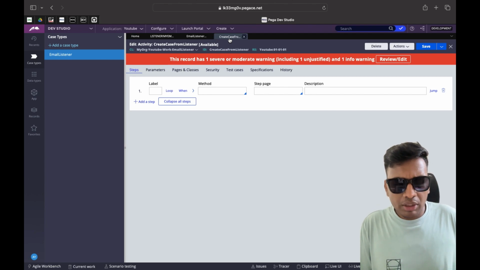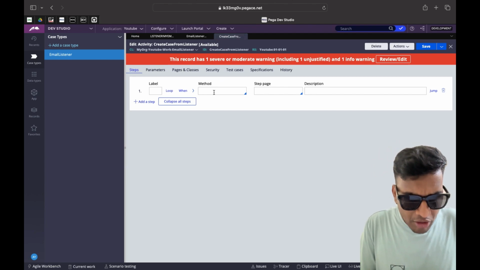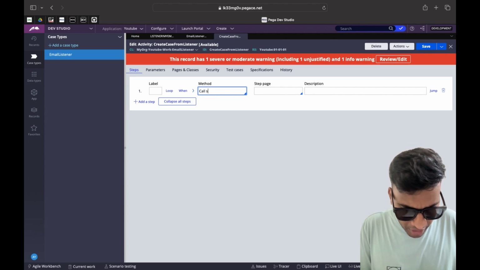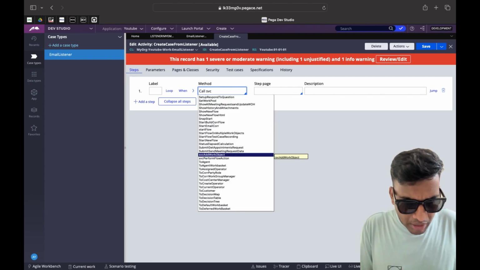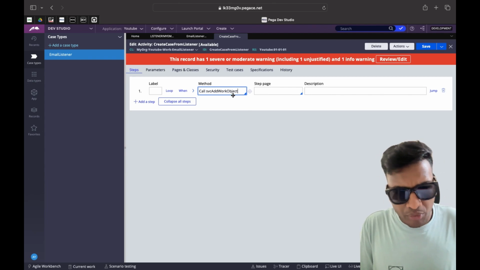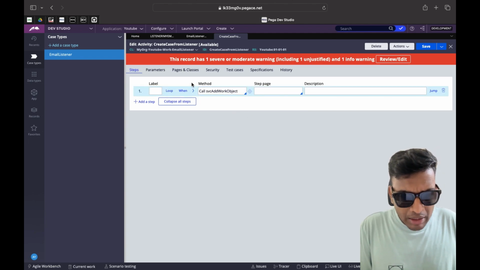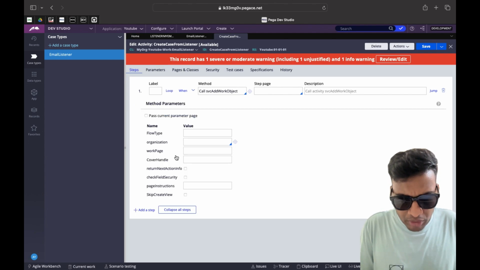So as I mentioned, we want to create a case automatically. The first and foremost step I will write: there is an OOTB activity called SVC add work object, which is used to create a work object of a class. So I will add this step. Now if you see, this activity takes certain parameters to create a case. So for that we need to add certain